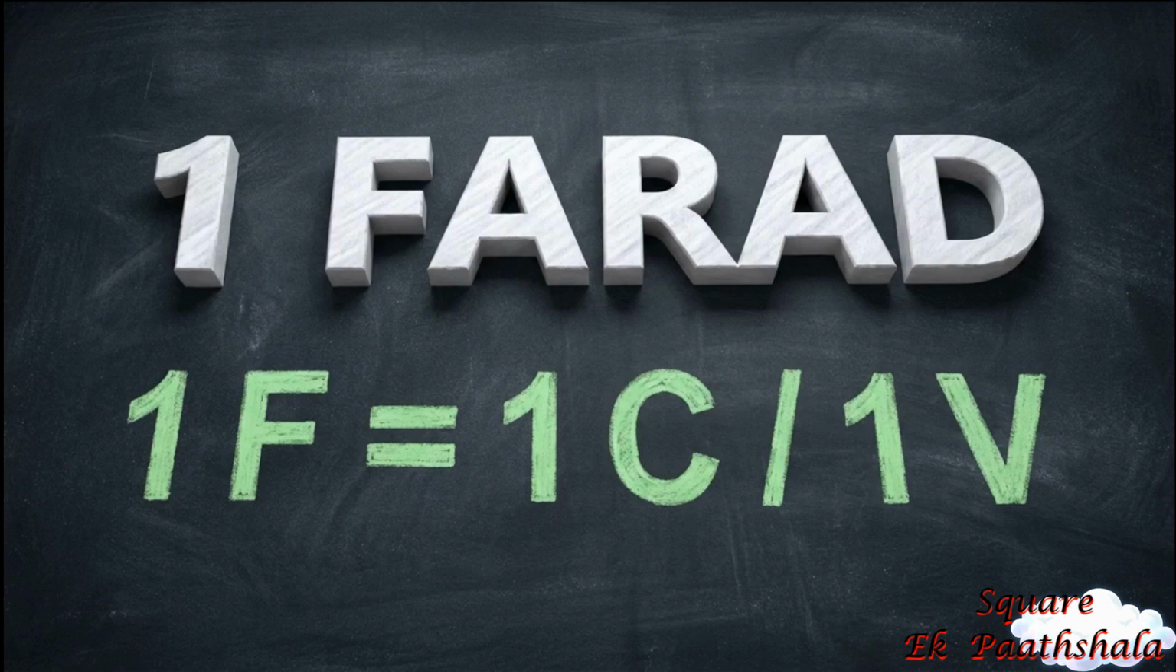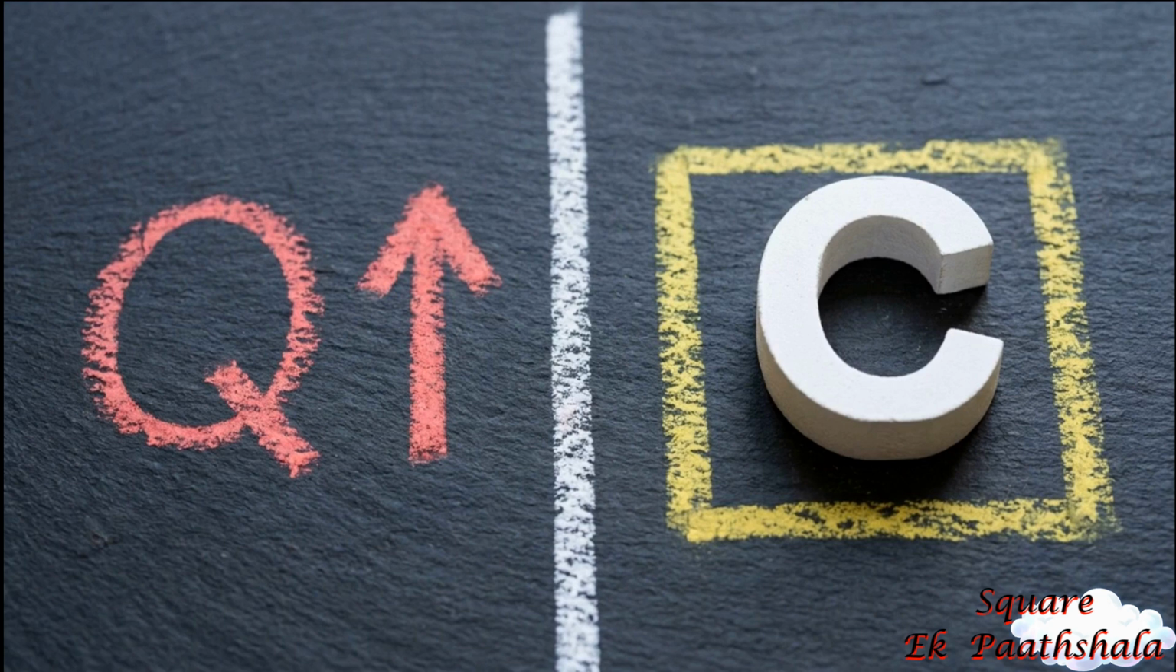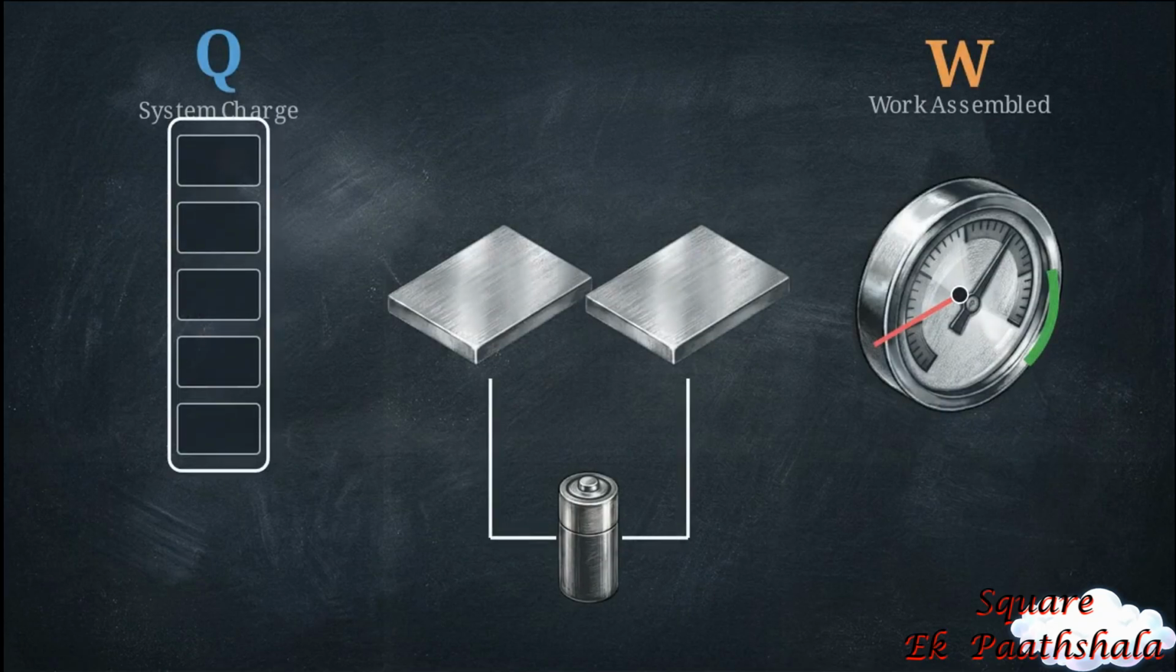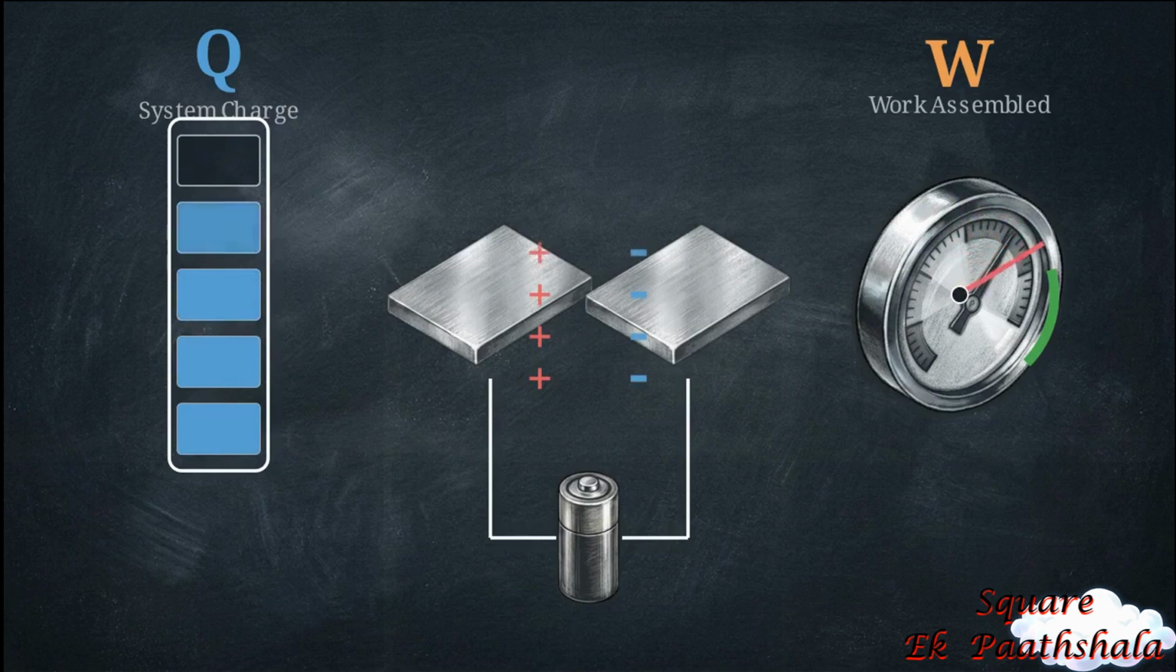Lock in these definitions. 1 farad is the capacitance achieved when 1 coulomb of charge raises a conductor's potential by 1 volt. And remember the trick question: doubling the charge on a capacitor does absolutely nothing to its capacitance. Mastering these derivations allows you to calculate exactly how much charge a system will hold and how much work is